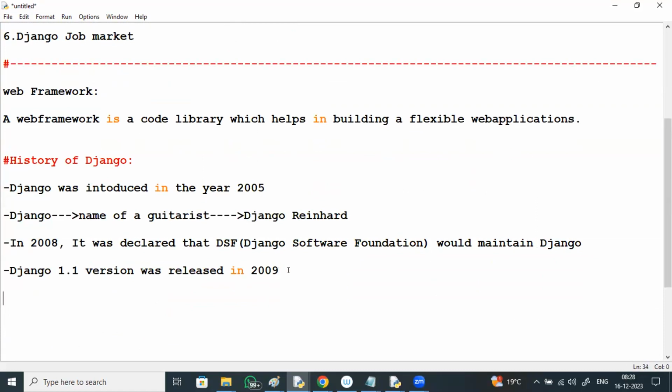After one year, in 2010, the next version, Django 1.2, was released. So 2005 it was introduced, 2008 the DSF, 2009 the 1.1 version, then 1.2.